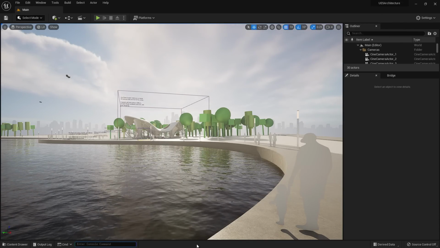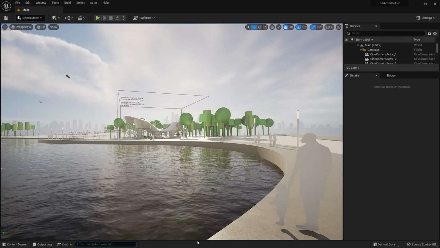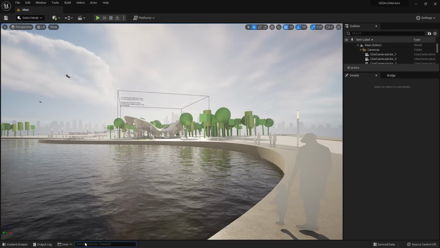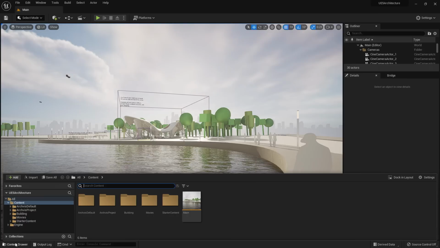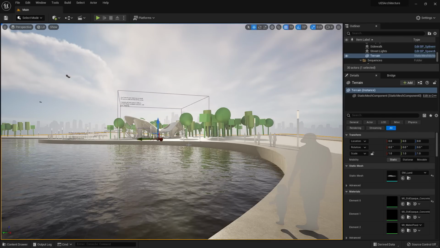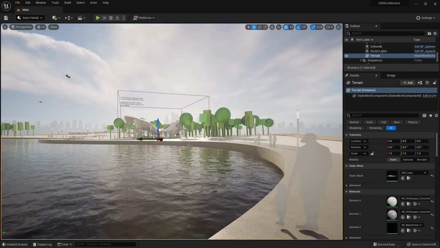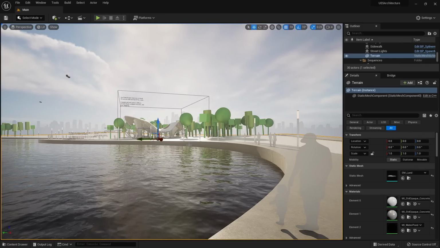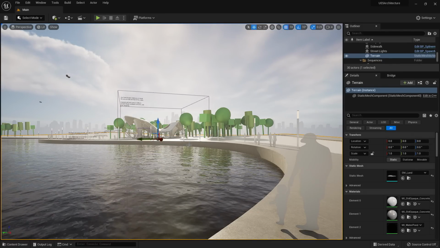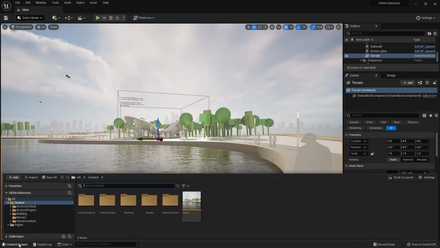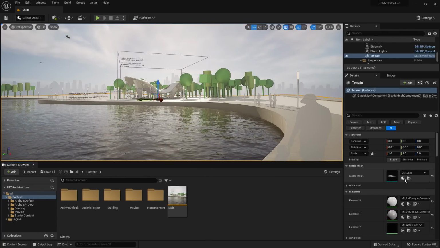So the first thing you might notice is that the content drawer is down here at the bottom of the screen. In order to bring up that content drawer, I can select the folder here, and you'll see that it pops up. And then as I start working again and select something in my project, it disappears. Now this is helpful if you like working with that larger viewport. However, if you want to dock it, you still are able to do so. So I'll select Content Drawer here, go up to the top right-hand side, and select Dock in Layout.